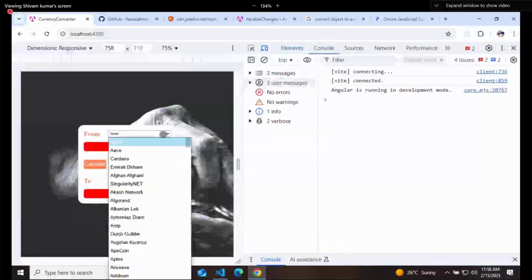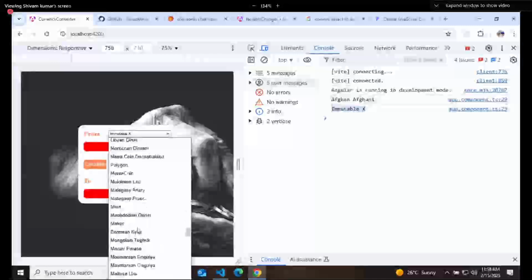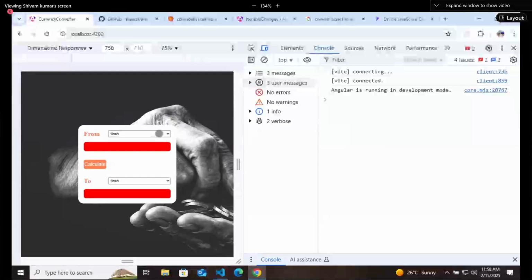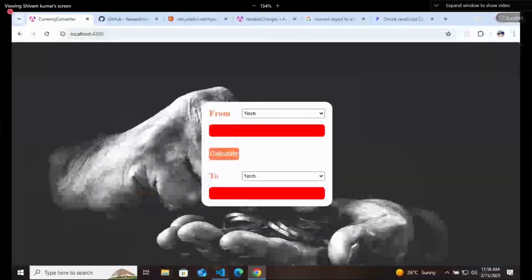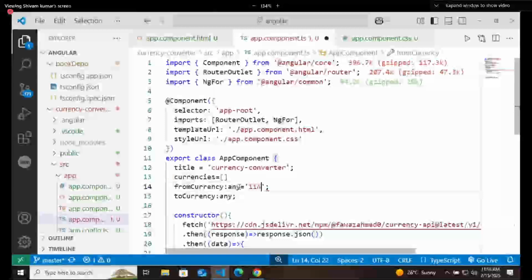So let's say I will select this Afghani, that is getting printed. If you select any other currency, immutable X, that is getting printed. If you are selecting something else, that is getting printed, right? And by default value is this 1 inch for both of them.